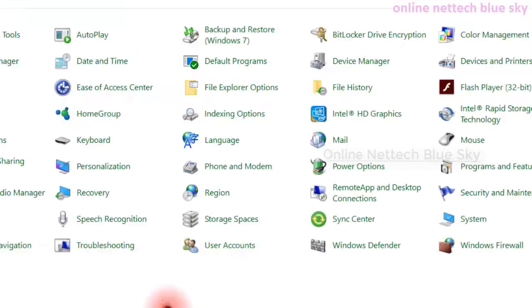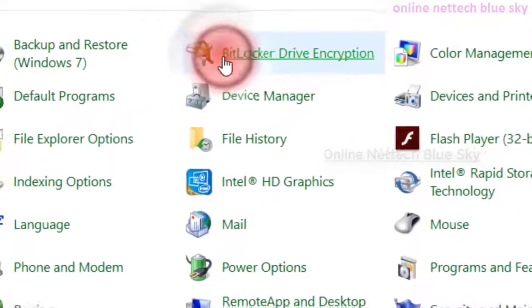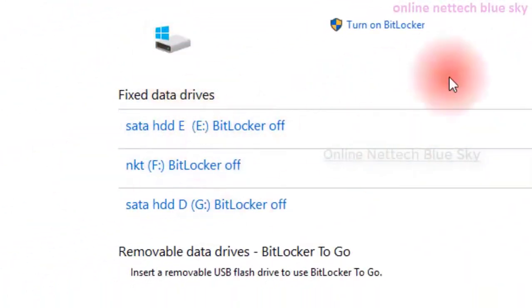Okay, so this is very important. Click on BitLocker Drive Encryption here, and you can start your computer.